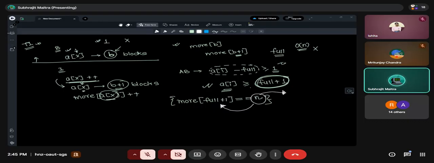Because where did I get this inequality from? From this inequality. And what does this inequality mean? This means the actual number of blocks at every index is at least 1. So if this check is true, then we will do full plus plus.